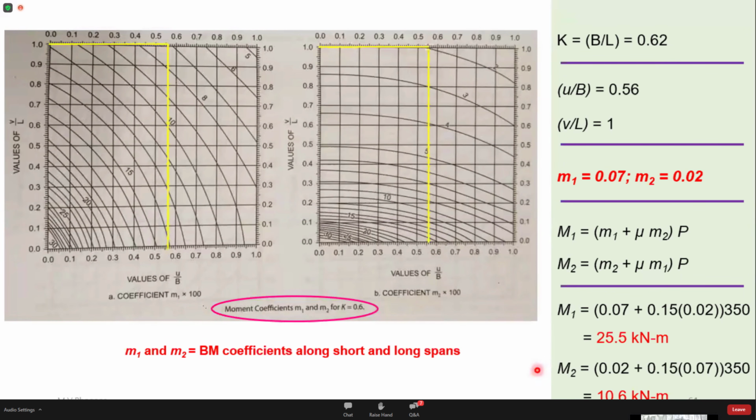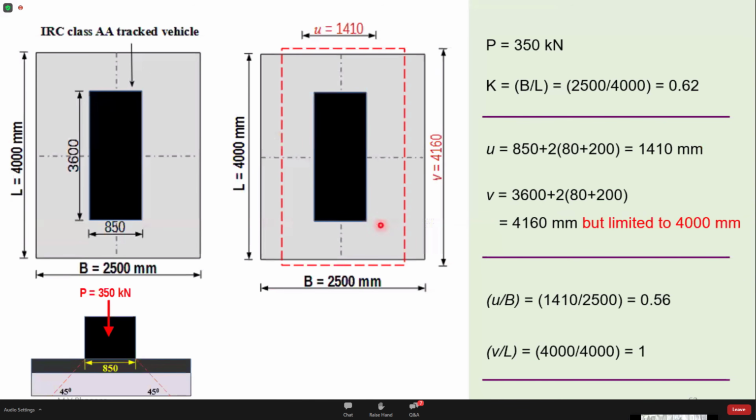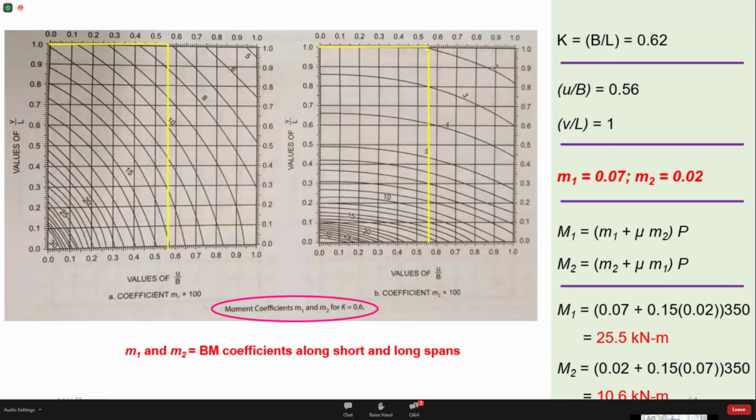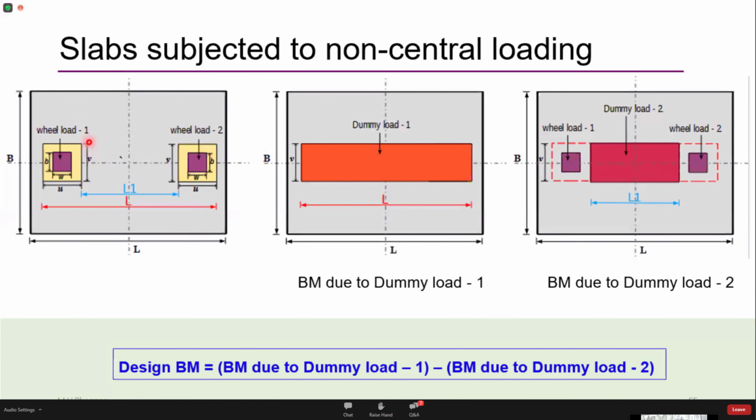So this was a very simple case where only one load was placed. One load is placed symmetrically, so the calculations are fairly simple. But not all the time do we get such loading configurations. So I'll try to explain those two conditions and come to the end of my presentation. If you recall, I mentioned that there are two possibilities: either the live loads may be acting in a single line or they may not be acting in a single line. This is the case I'm trying to explain here.